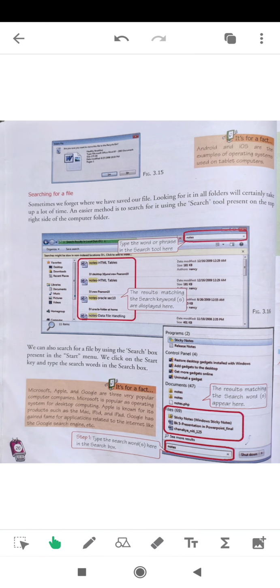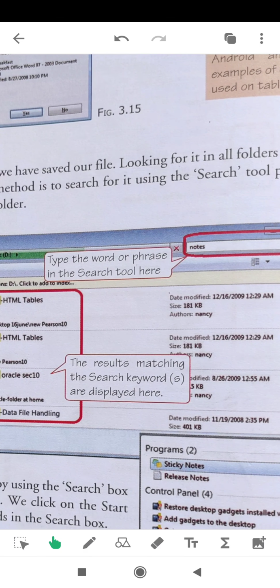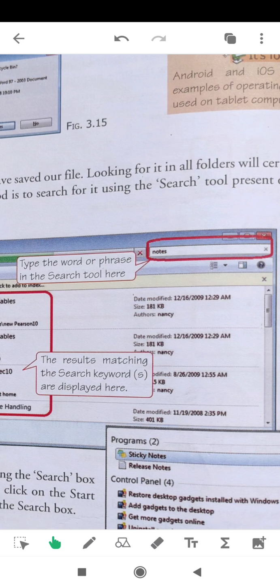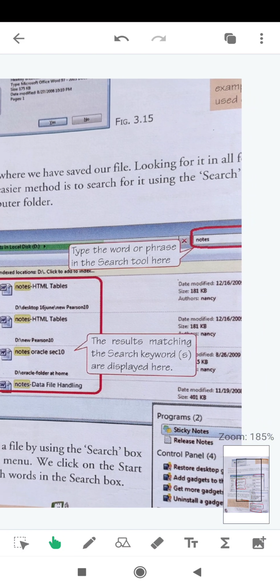First of all, click on this bar and enter notes, or any file name. Suppose you want to search for a picture of a flower, you will write here flower and click enter. See here they have written notes.